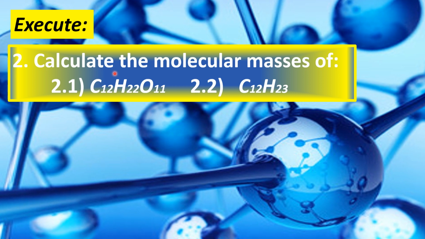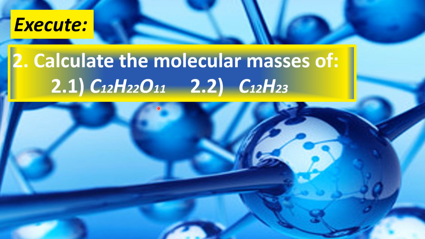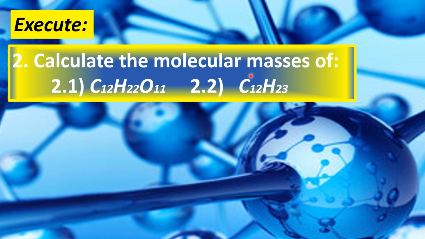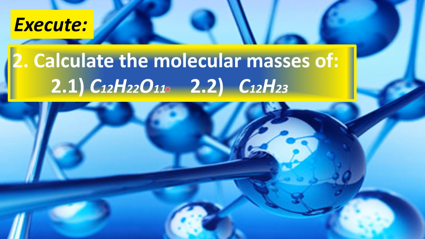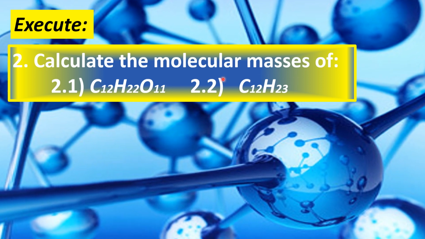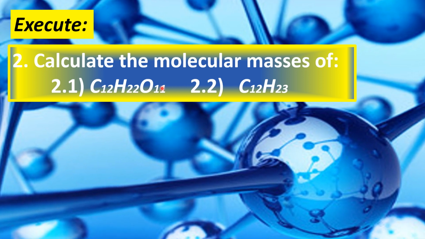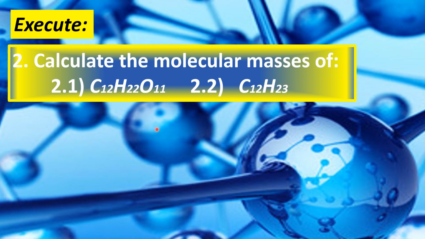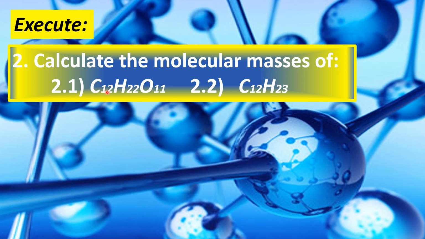For question number 2, we are asked to calculate the molecular masses of these compounds. We say molecular masses and not formula masses because these two compounds are what we call covalent compounds. The kind of bond that holds these atoms together is a covalent bond. So the first compound is this formula,